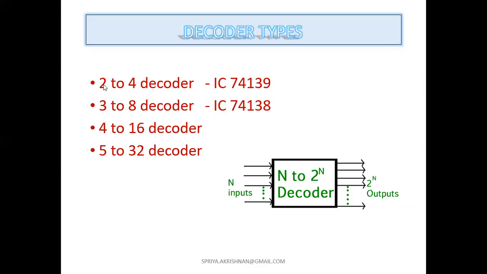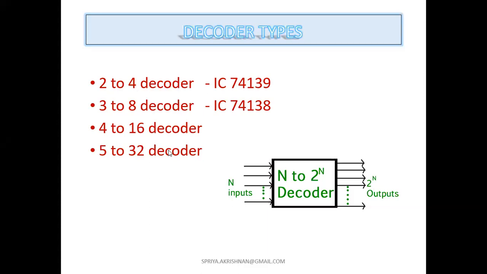So here we have 2 to 4, so inputs will be 2, outputs will be 4. 3 to 8, input will be 3 and output will be 8. And for this decoder I have an IC also. So IC 74139 is a 2 to 4 decoder. IC 74138 is a 3 to 8 decoder. So similarly we have ICs like this also.